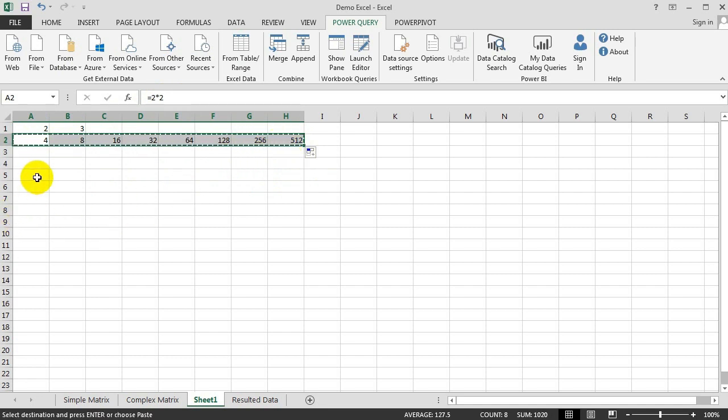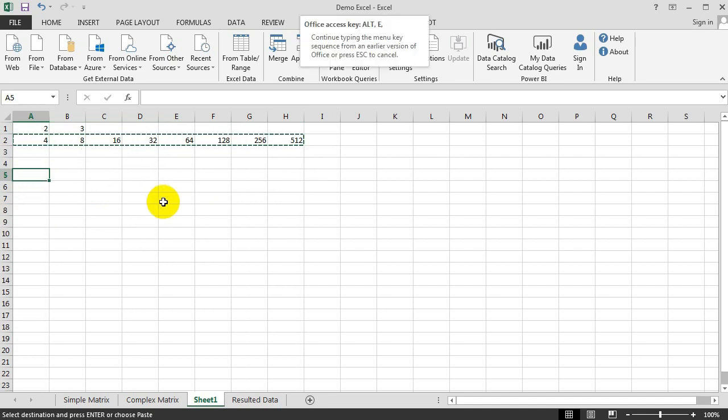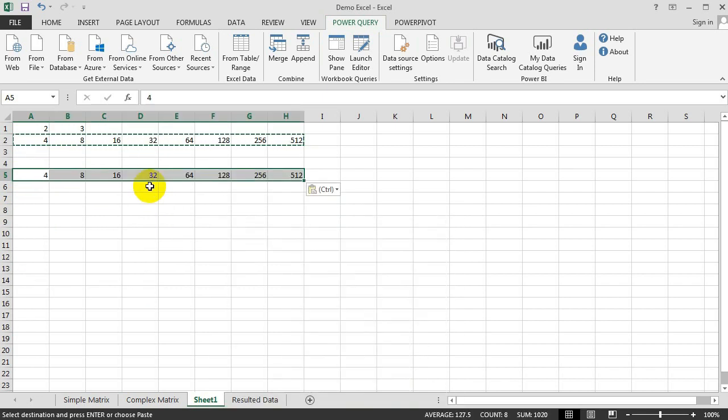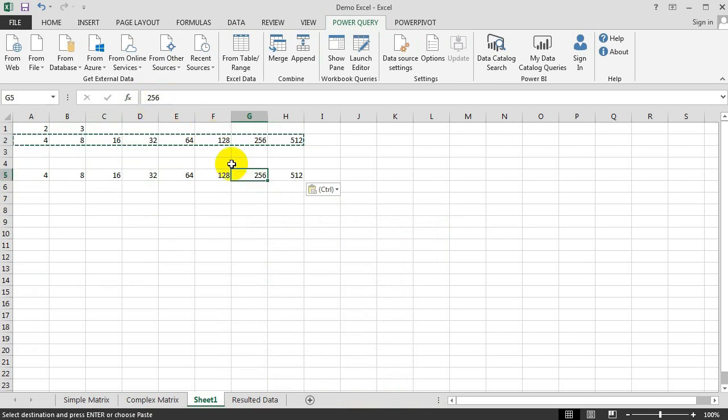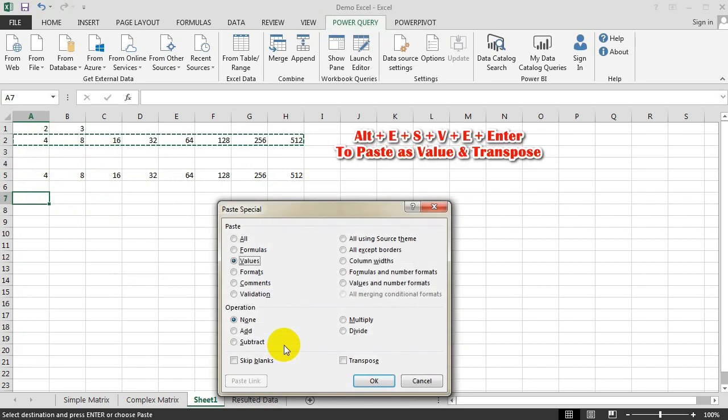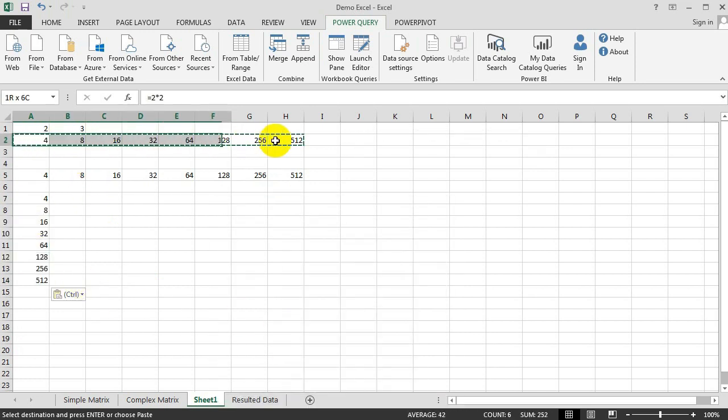Copy this one, click here, I need to paste, use Alt E S V and enter. This is paste as a value. Fine. There is a formula, but this is paste as a value. Also, if you require to transpose, Alt E S V and E, enter. Yes, this is the transpose process for the paste as a value.